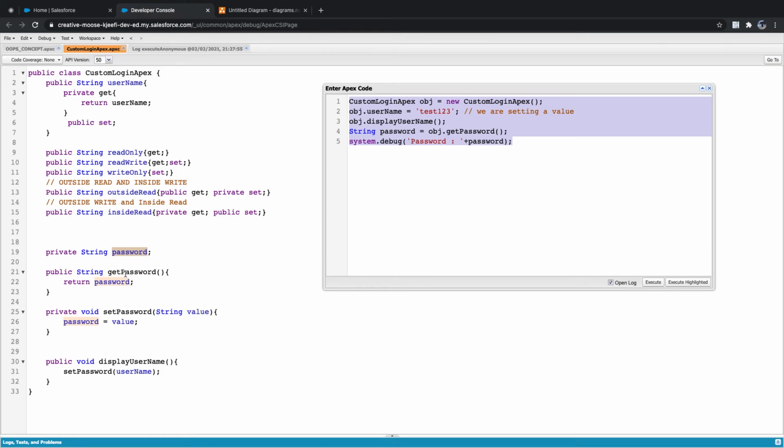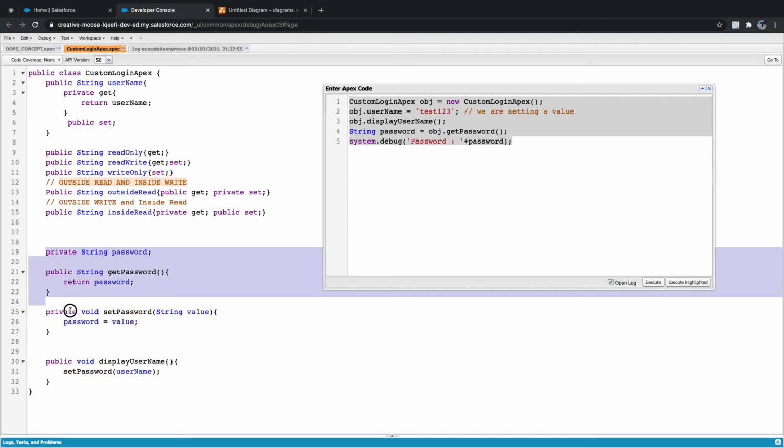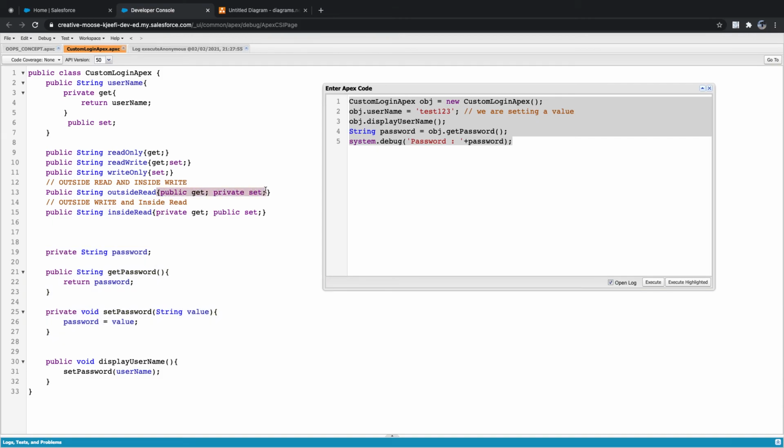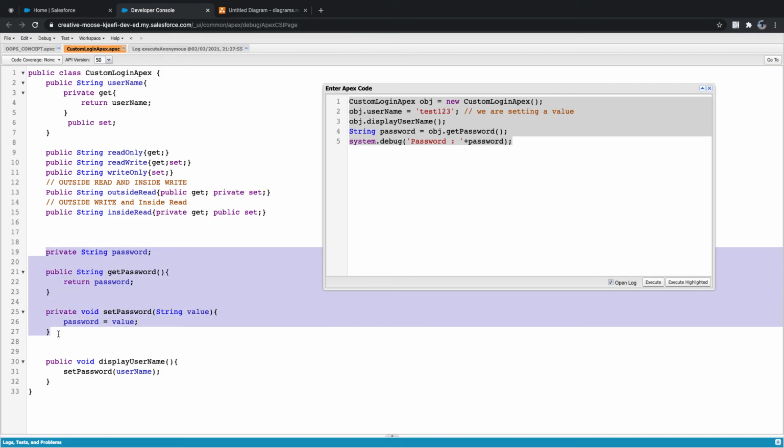But now you understand, right? The method is public read only and private to access, isn't it? This is satisfying this outside read and inside write concept, right? Ensure that it's not always that you have only property to do, but you can also manipulate with your methods. That's what I'm trying to say. Whatever logic you can think of, you can do it. Clear?